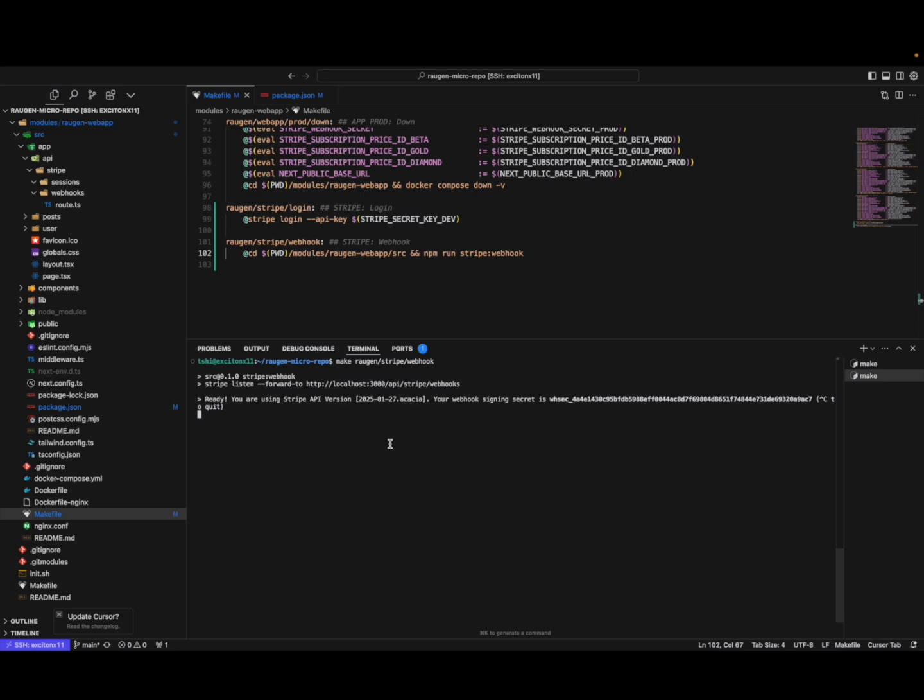Okay, so right now it says that the webhook is ready. Your webhook signing secret is this. So this is in the dev environment. So right now you can test the local